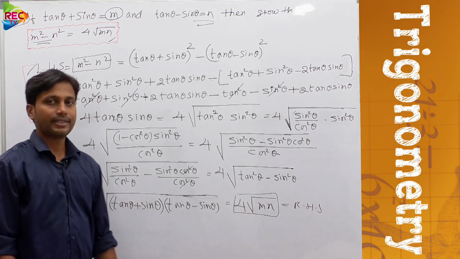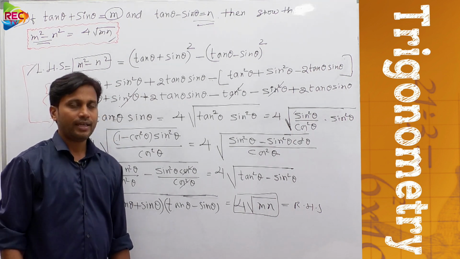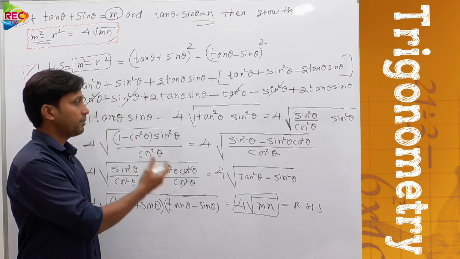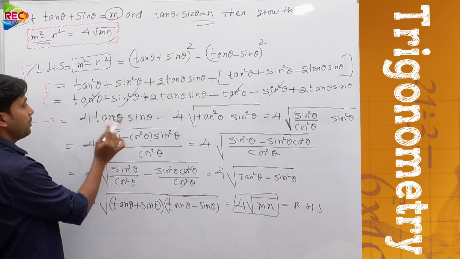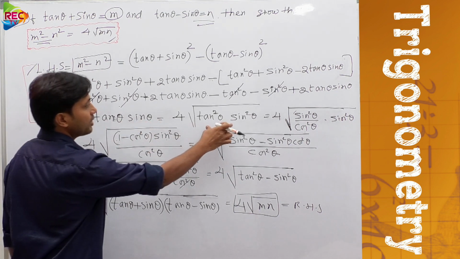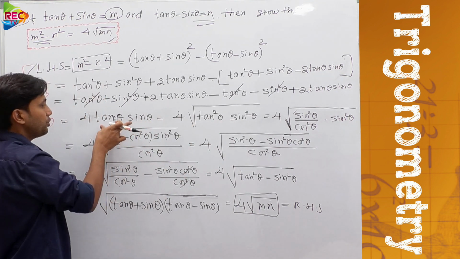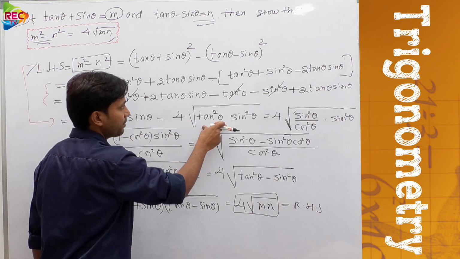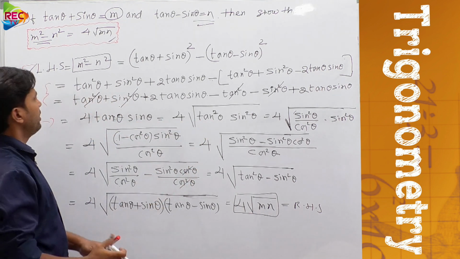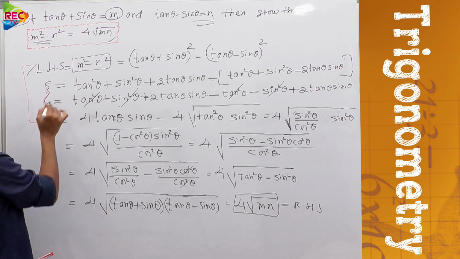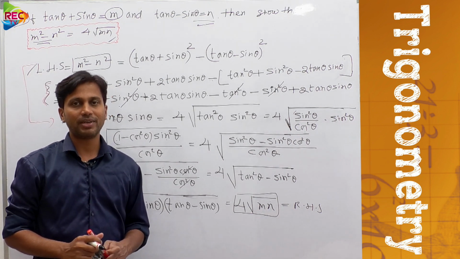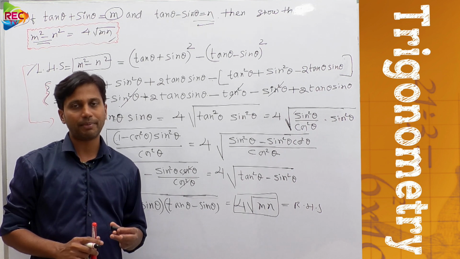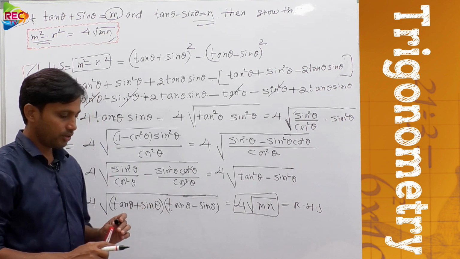We can do it like this. We took LHS and we obtained RHS. From here we need to convert smartly. You need to think smart in this step. And if you want to skip these steps, you need to have awareness of algebraic identities: a plus b whole square minus a minus b whole square equal to 4ab. Right? Like this you can do this problem.